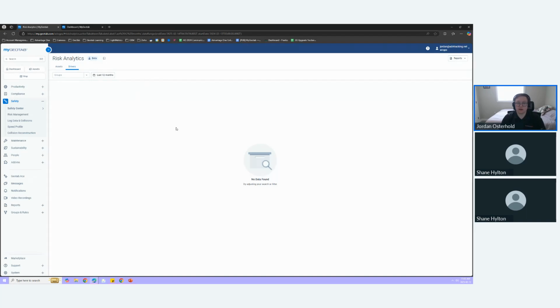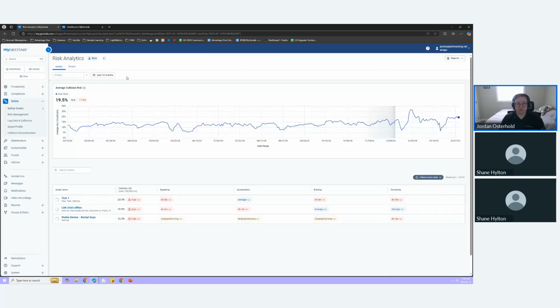In this test database, we actually don't have any drivers associated, which is probably for the best because, like I said, Geotab is looking to go back and make some adjustments to that in the future here. This is also really powerful because you will be able to see all these specific areas for each driver. And then, of course, you can export this as a PDF or an Excel based off either the driver or